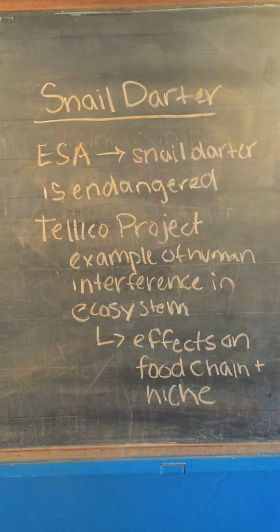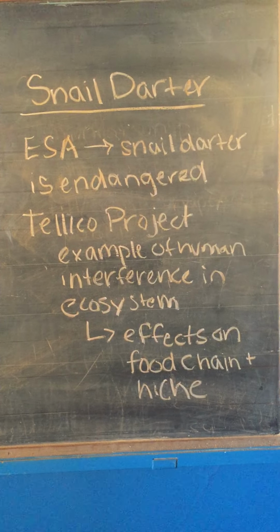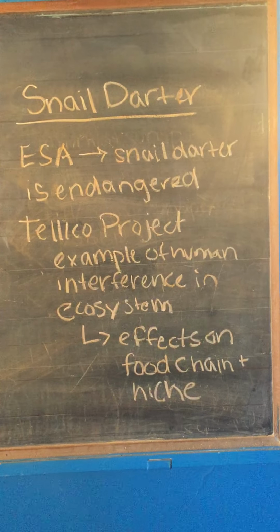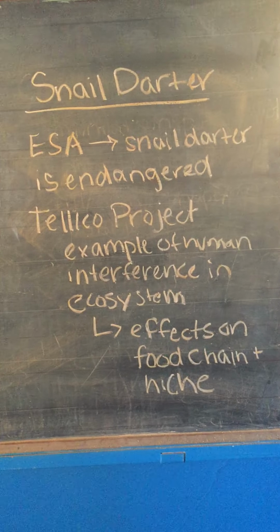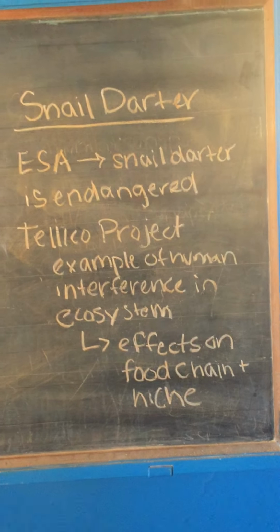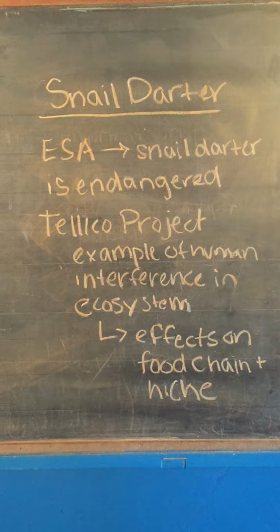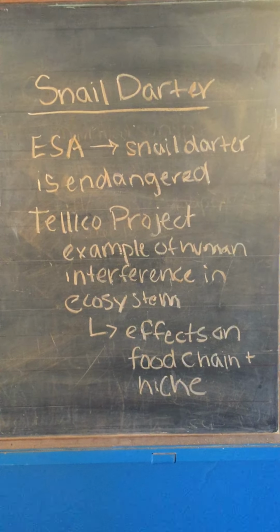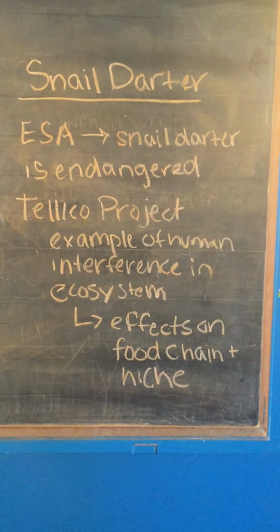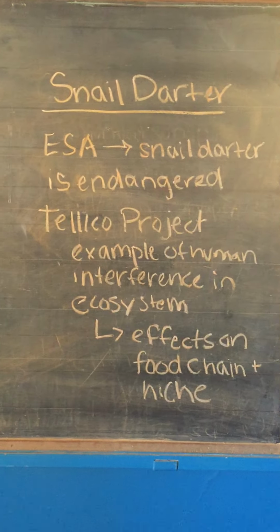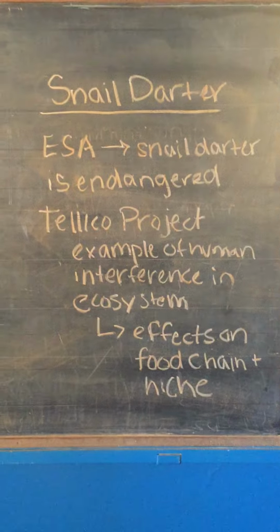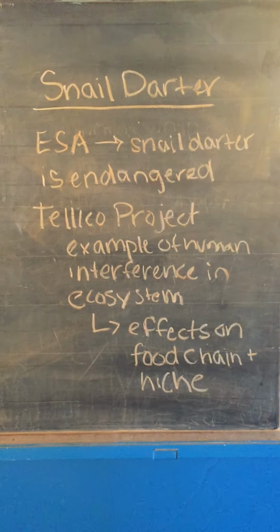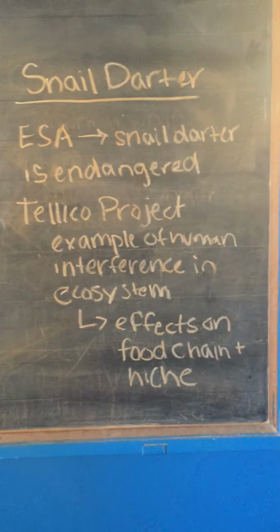And the U.S. Fish and Wildlife Service, the Tennessee Valley Authority, and the Tennessee Wildlife Recovery Agency launched a recovery plan to preserve the snail darter by transferring the species to other river systems. So its conservation status has since been changed from endangered to vulnerable, and it continues living in environments, although no longer the Little Tennessee River because of the Tellico